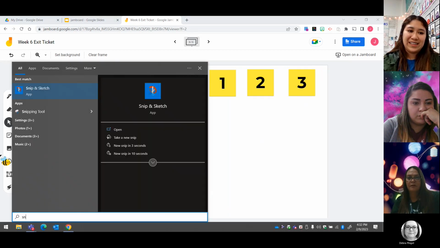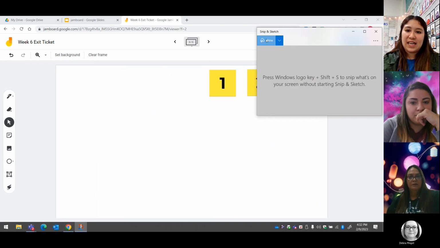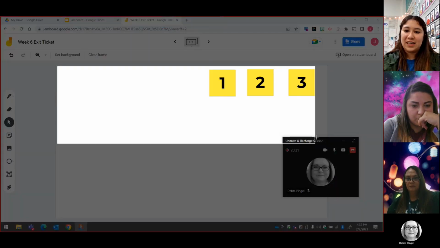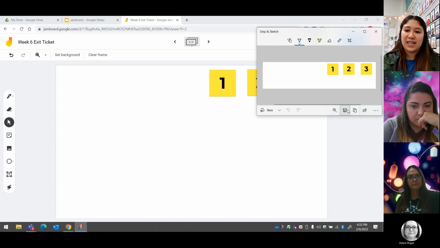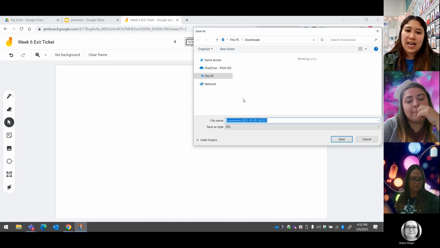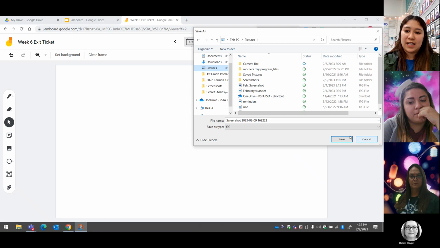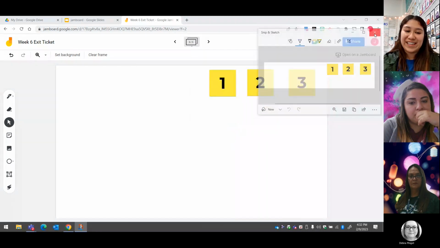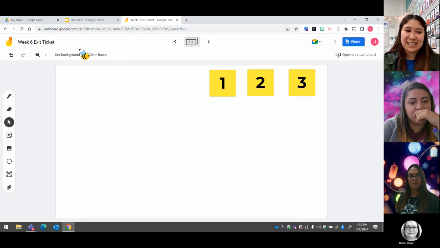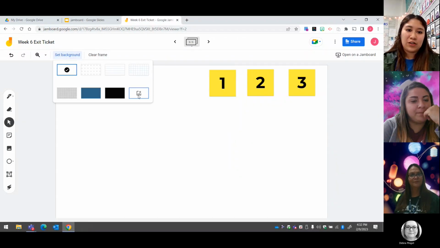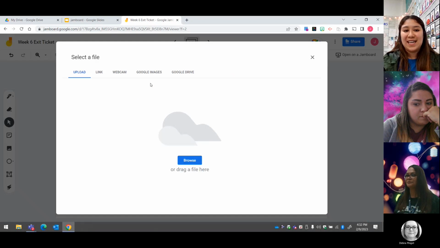I'm so sorry. And it'll save. I'll save the whole screen as a picture, and it'll save into my pictures, right? And then it's easier to add afterwards, after this whole thing. It's a little tedious at the beginning, but after a while, you can go to image and you browse your